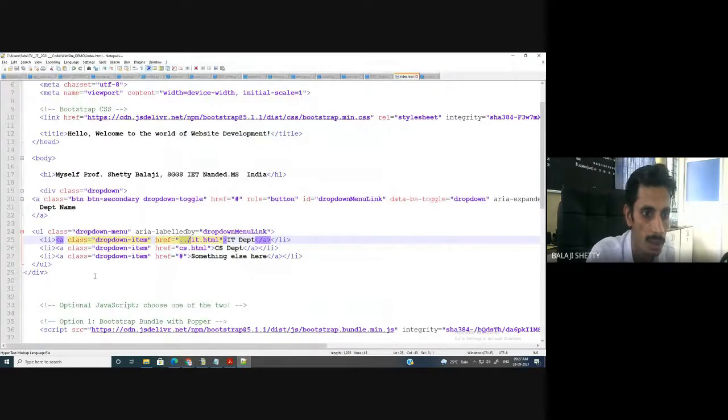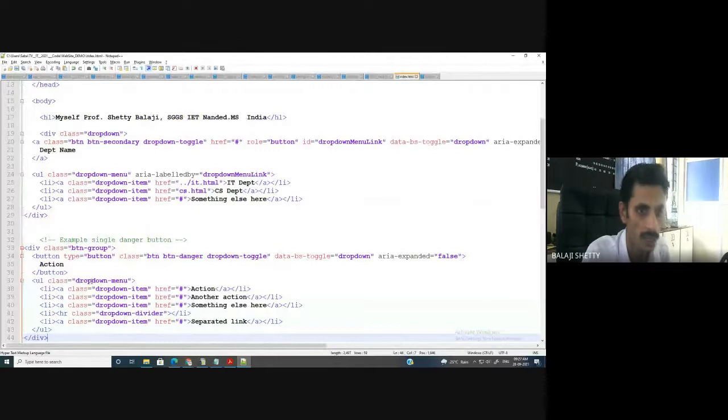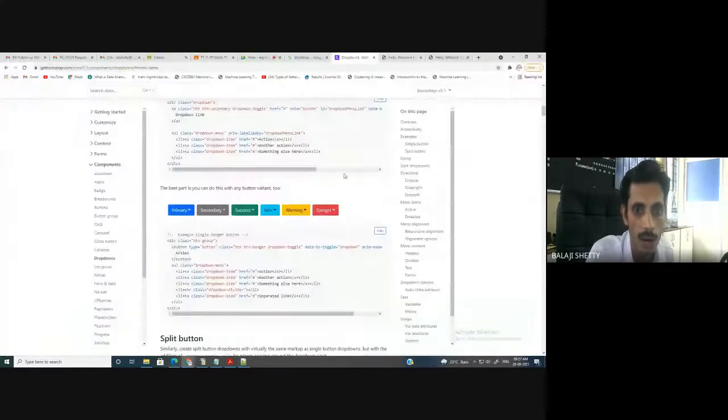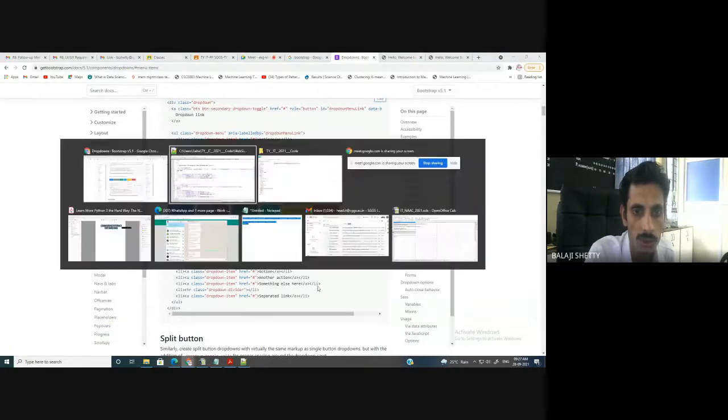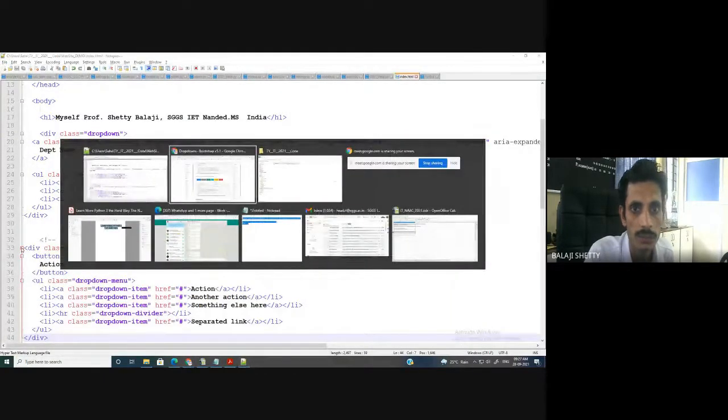Again, Control V, Control S. What I have done now, I have copied this code, primary, secondary, success, info, warning. So I have copied this code here. Now I run the code.